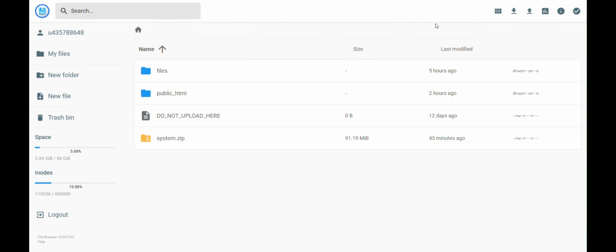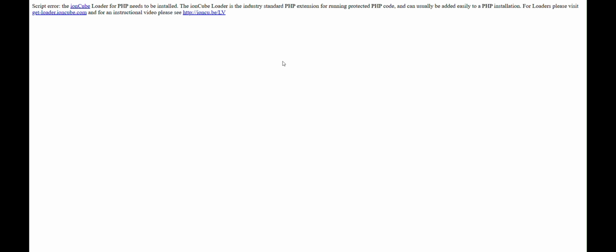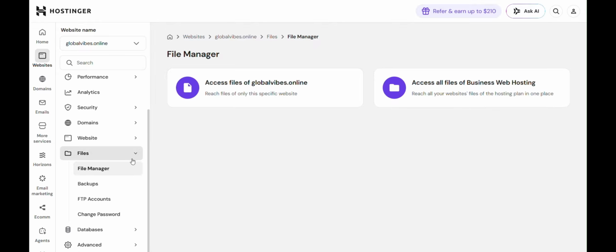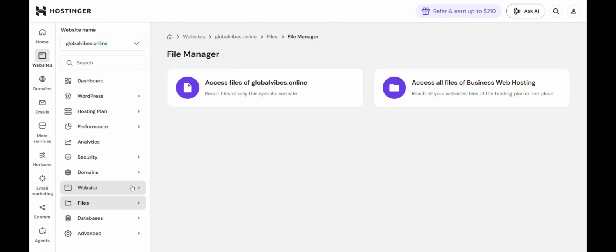Okay, so once you've done that, you're going to go to your website and you should see on the home page of your website something that says IonCube Loader. That is disabled. So what you need to do is enable that. So what we're going to do is go back into your Hostinger and close the files and then scroll down